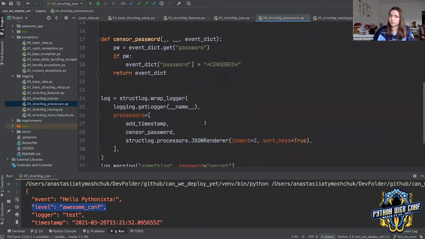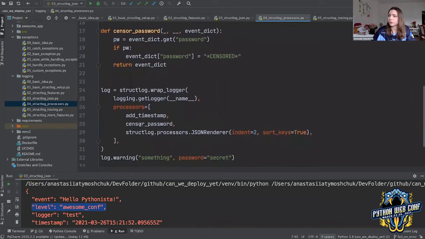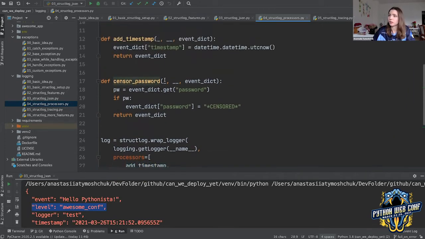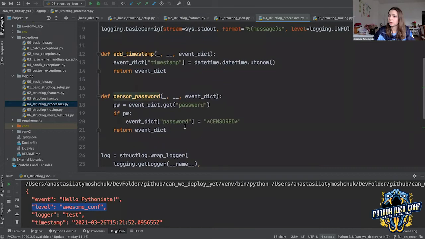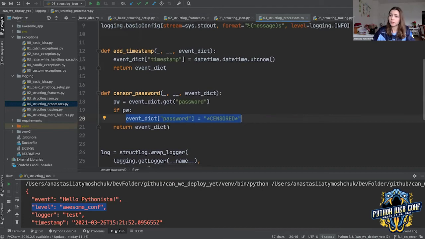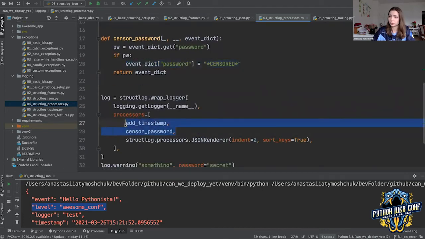I didn't actually try to use bind for that, but you can write any custom processor. For example, this one would add the timestamp, this one would process anything, and you can attach it to every log entry as well. So in this way, if you need to log some variable or you need to change the content of the log message, you can write it specifically and then just add it as a specific processor.